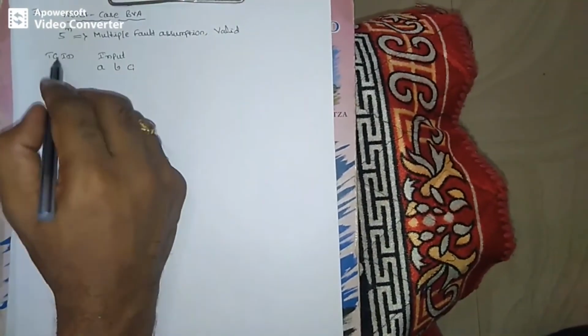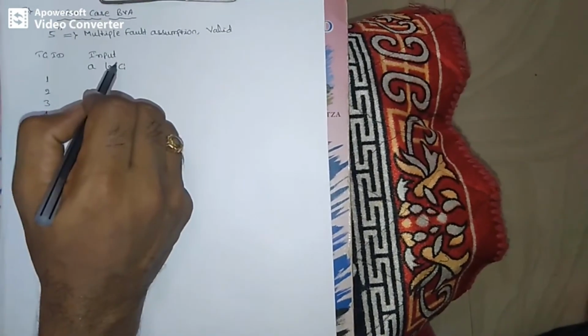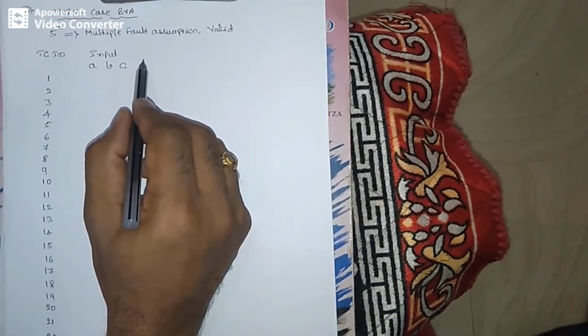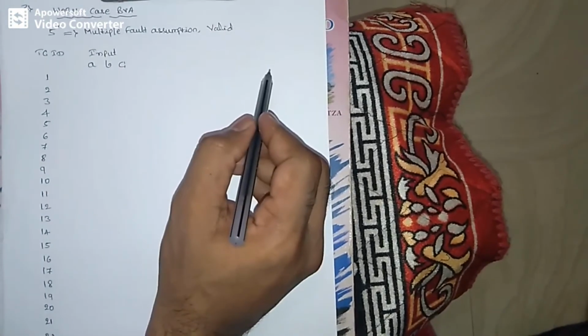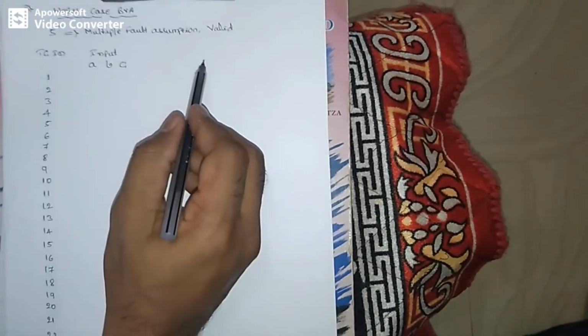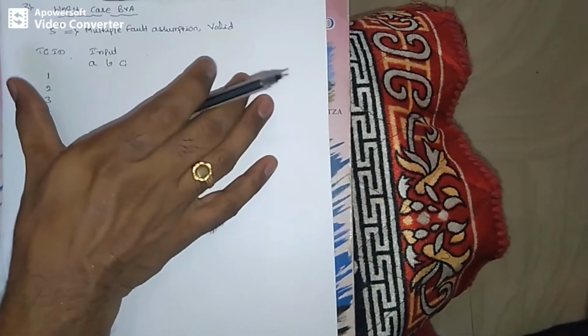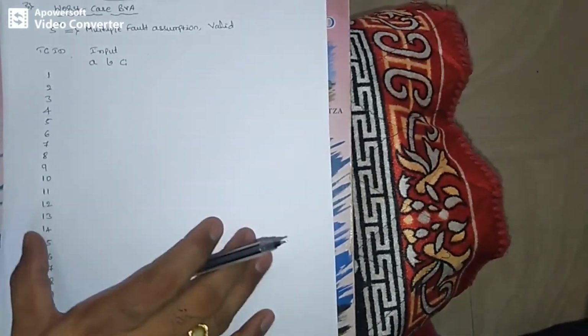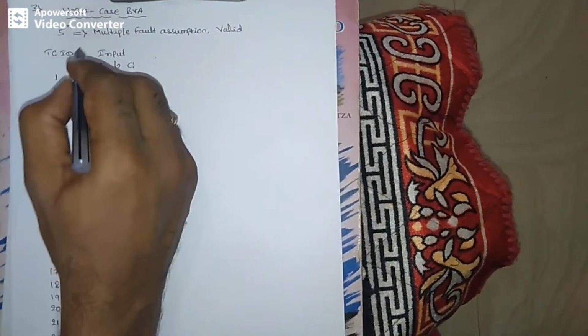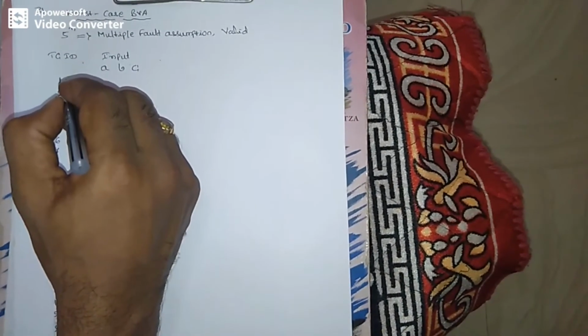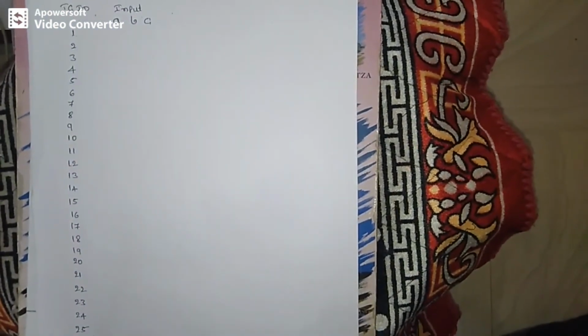Here I have written only the test case ID and the input parameter list. The remaining columns you need to fill in, that is expected output result, actual output result, comment, and test case description, which I have left out here. I am just explaining how we need to specify the input, and based on that you have to write the expected output result. So the test case IDs are for the first 25 test cases, which I have written here.